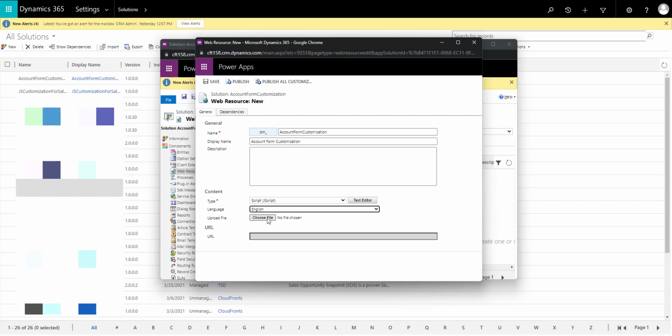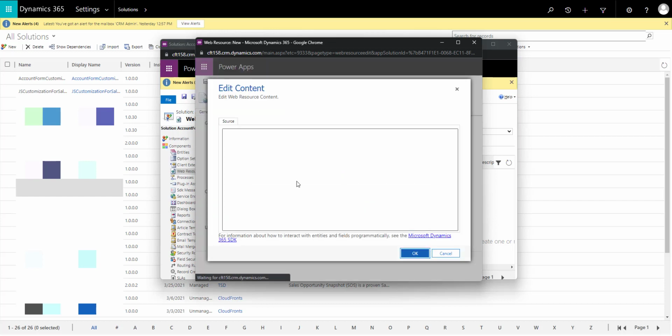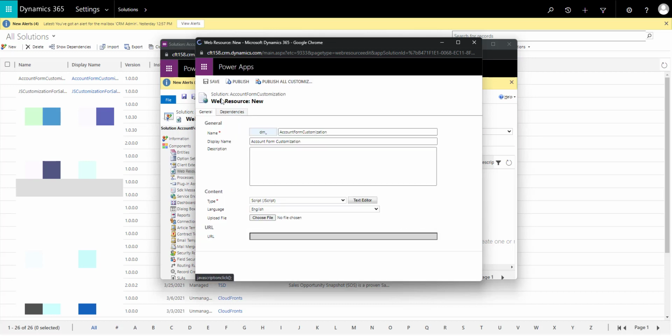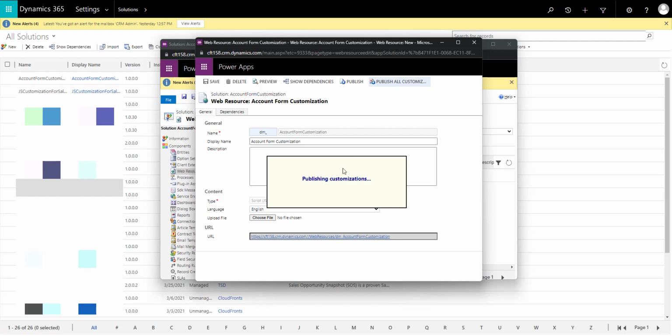I'll select the type as JavaScript and click on text editor. It won't let me save a blank file, so I'll put two slashes in there and then save this web resource. The web resource is now ready and I'll just publish it for now, so that I have created a web resource file and I've left it like that.